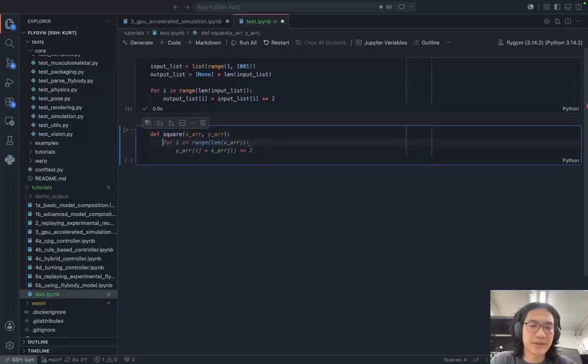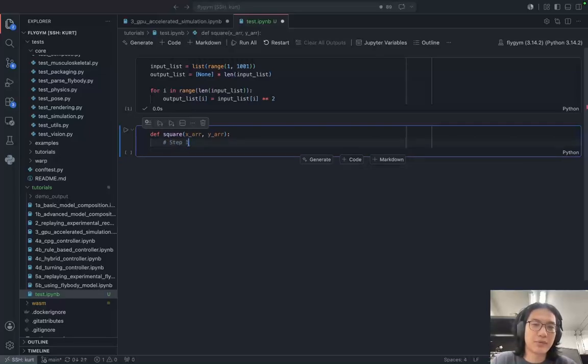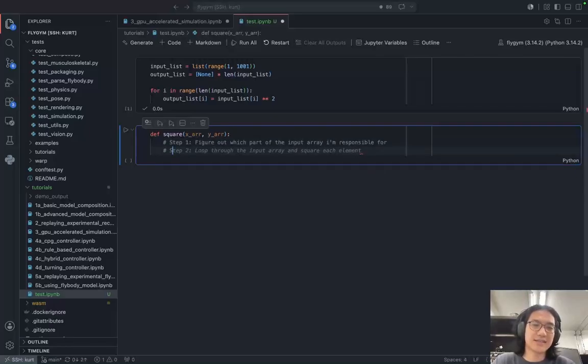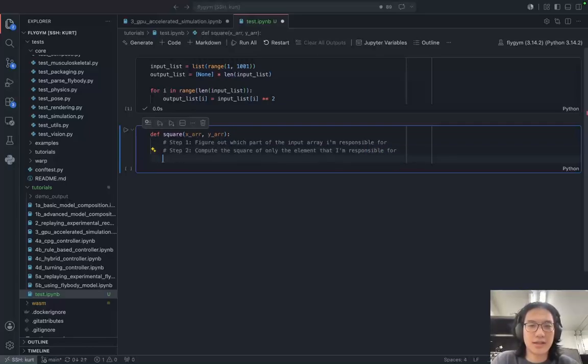And in pseudocode, what we want to do is step 1, figure out which part of the input array I'm responsible for. The second step would be to compute the square of only the element that I'm responsible for. And maybe step 3 is to